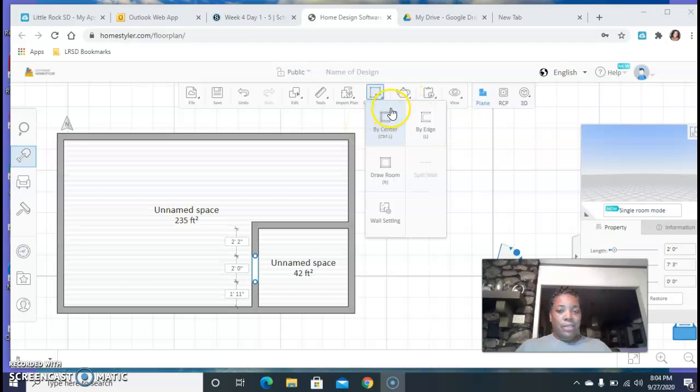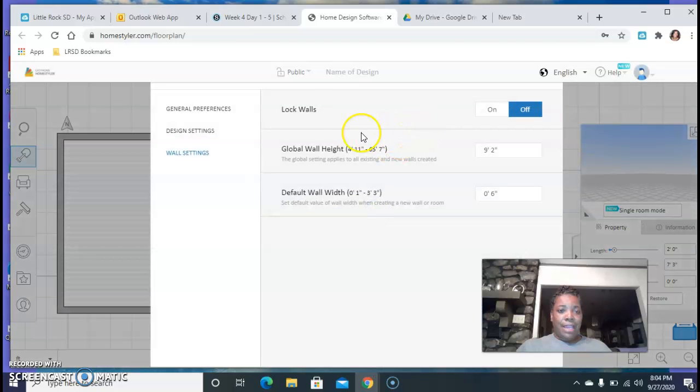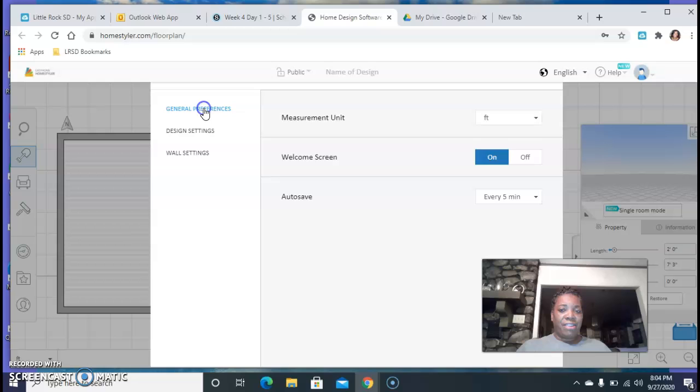Alright, the next step we need to do is click on Create Room, go down to Wall Settings, and you want to click on General Preferences, and you want to make sure that the measurement units are set for millimeters. Millimeters. Once again, make sure it is set on millimeters. Alright. Once that is done,